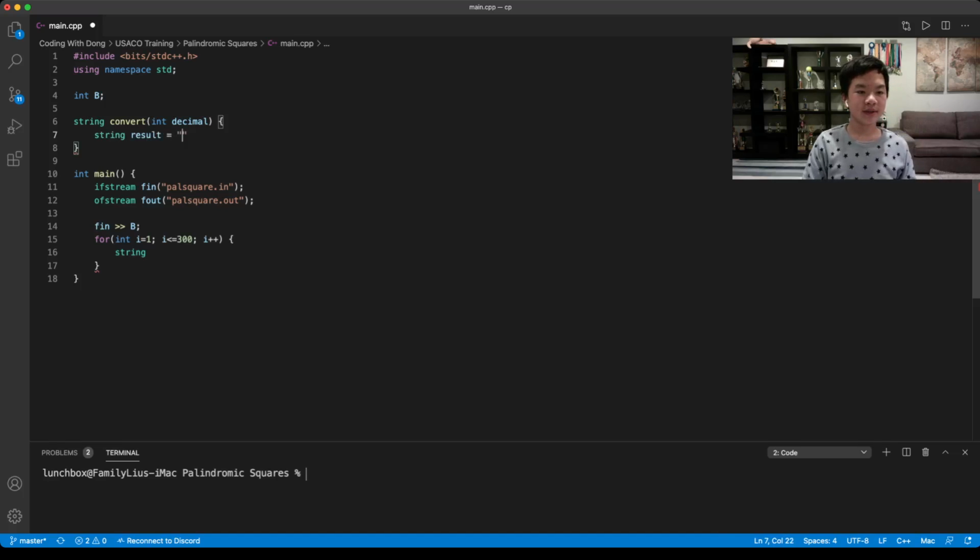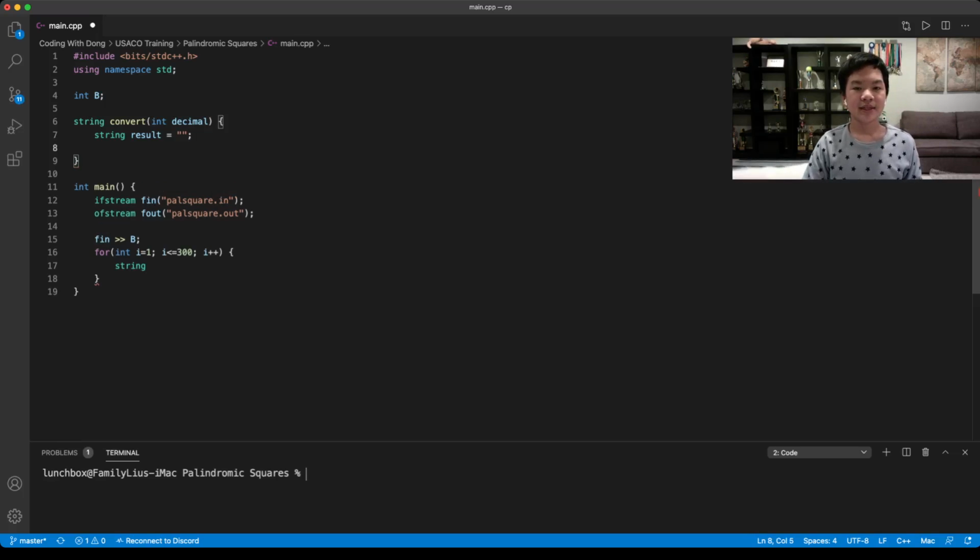Originally, it would be a blank string. Now basically, every time you divide by the base, by b, we have to make sure it doesn't reach 0, because once it reaches 0, the resulting bits would just be 0. So while decimal is greater than 0,